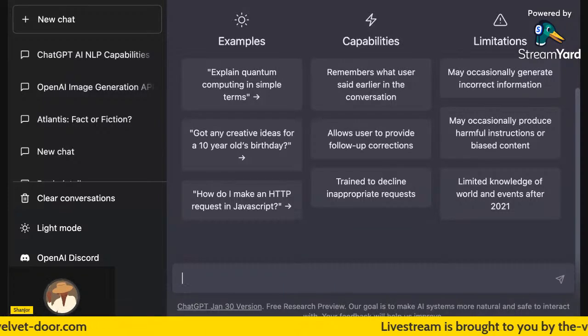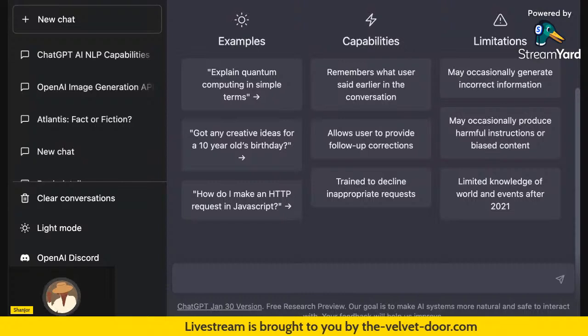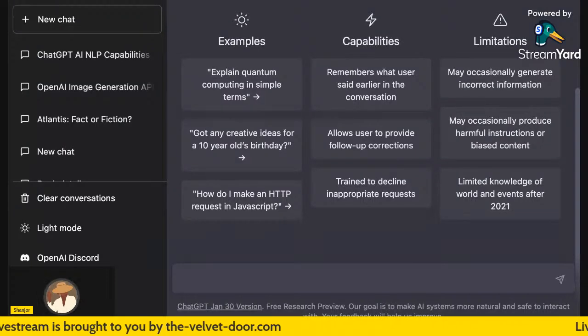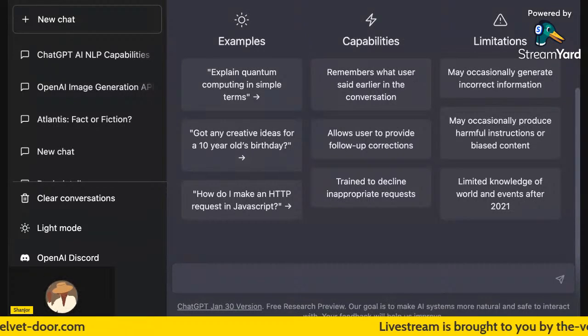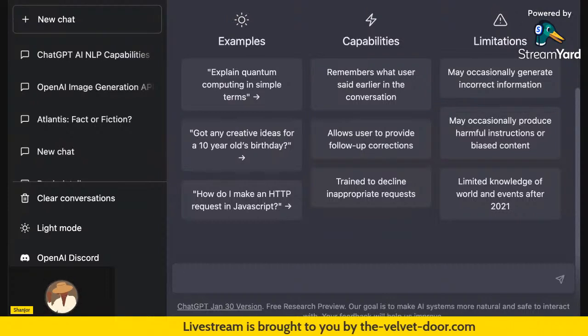And also, another trick that I've learned is make sure that you refresh. If you try to sign up and it's telling you that the server is too full, refresh, refresh, refresh. You're probably going to be able to get in as well. Right. So that's another trick that we've kind of taught ourselves in the ChatGPT world.